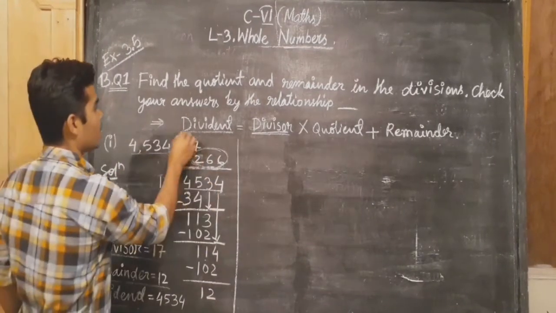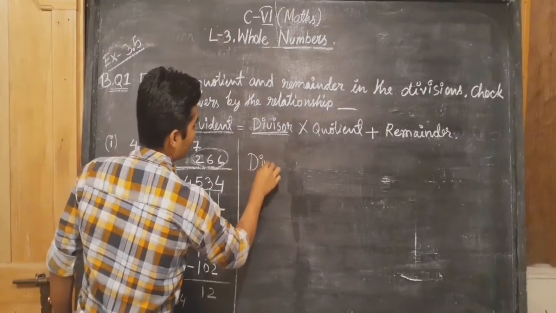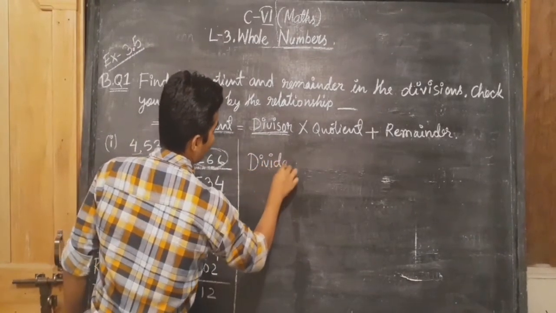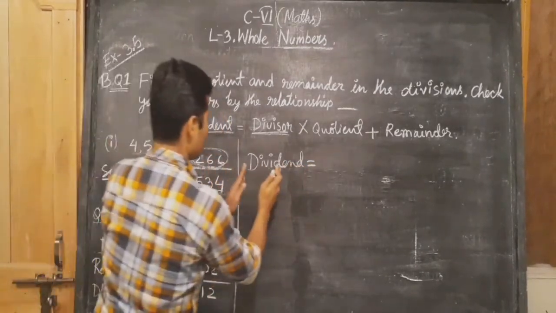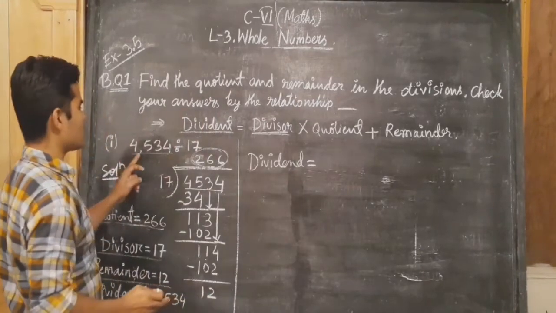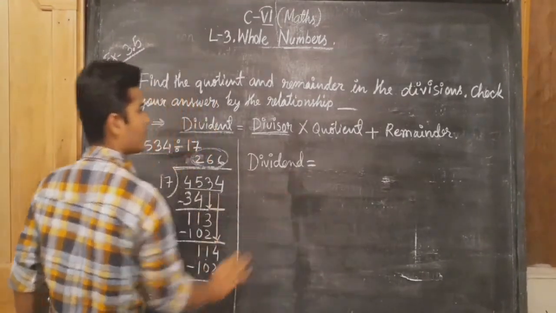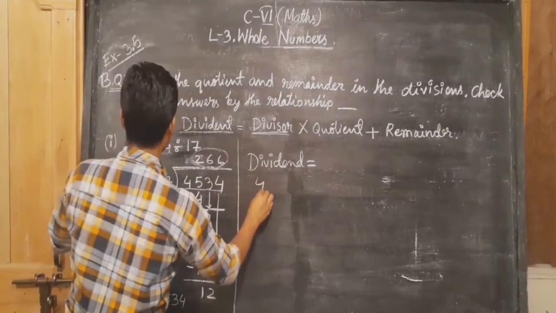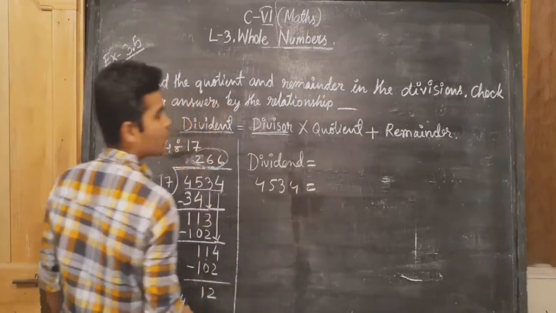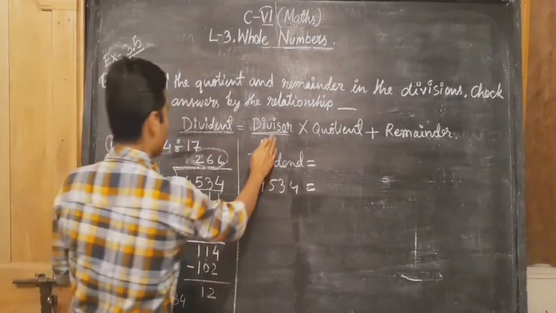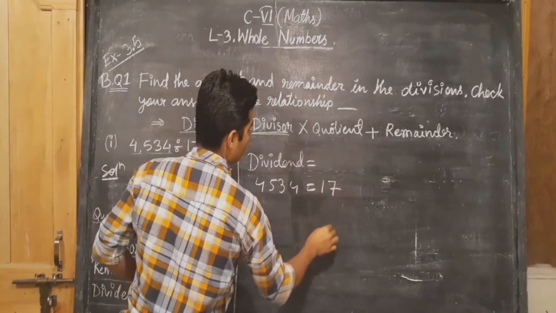So in this relation you can see dividend is equal to, dividend is what? 4534. This dividend 4534 is equal to, what is divisor? What is divisor here? 17. Divisor